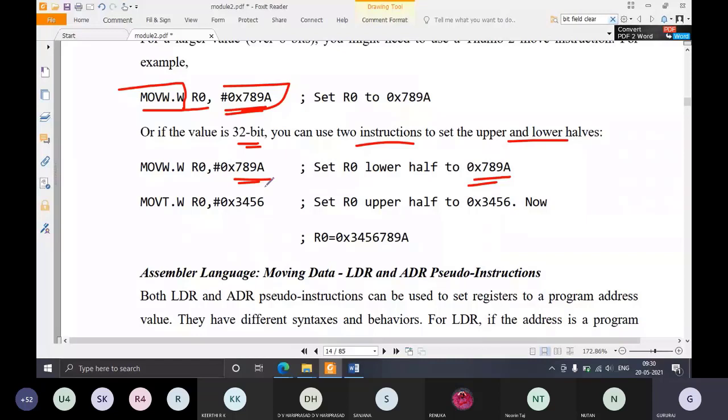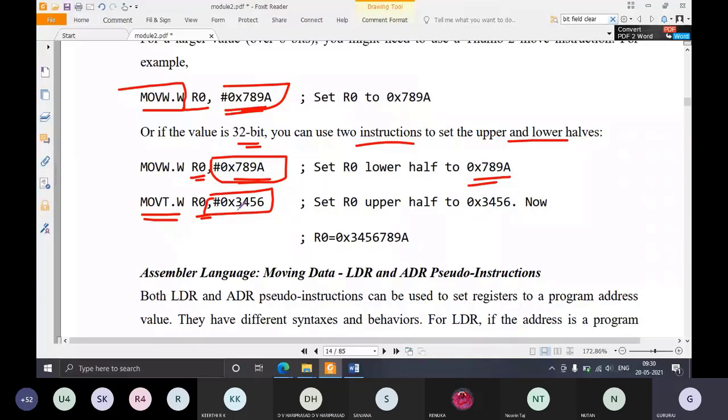Next, what about the upper half? The lower 16 bits will be set to this value. What about the higher 16 bits of R0? To move a value into the higher 16 bits, you have to use MOVT. MOVT R0, #0x3456. Here only the higher 16 bits of R0 will be written with this data.